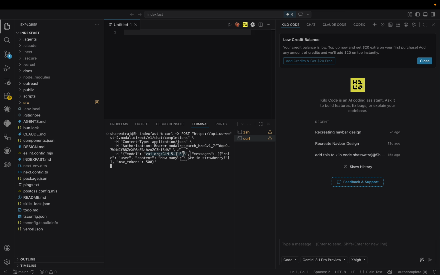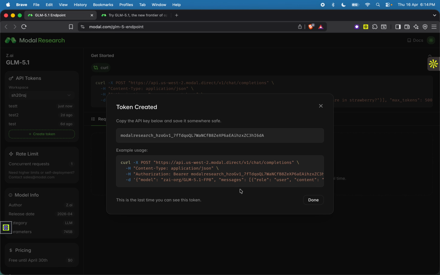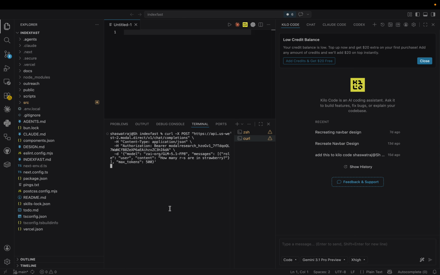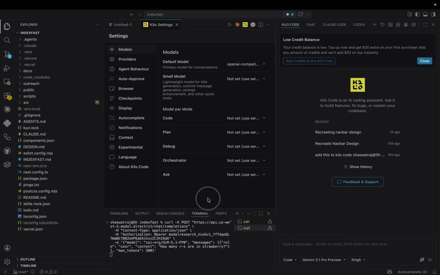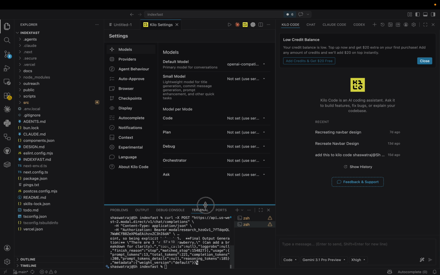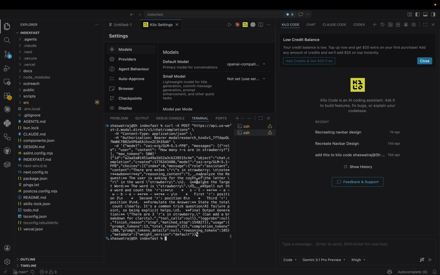And this is the model ID. It's a little bit slow. Let's give the final output, and